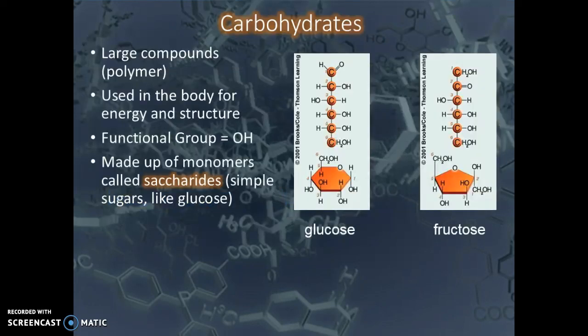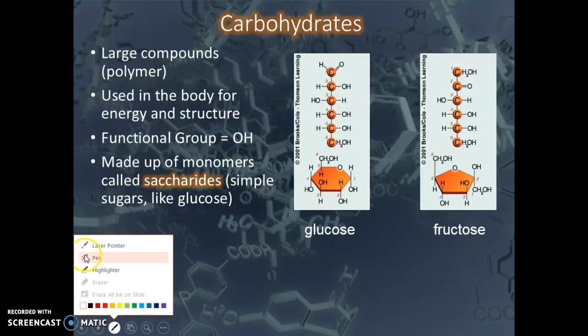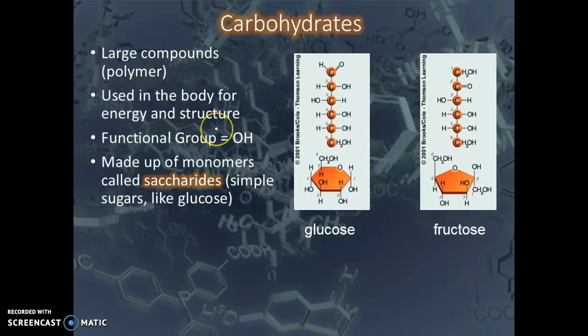and that's why it's called a functional group. So we're going to start with carbohydrates, and carbohydrates, just like all of the other organic compounds, is a large compound or a polymer made up of a monomer. These are used in the body for energy and for structure. In our bodies, we break down carbohydrates and we use them in mitochondria to make ATP energy. For other organisms, they might use them for structure, like plants build most of their cell wall out of carbohydrates, cellulose. The functional group for these is OH,